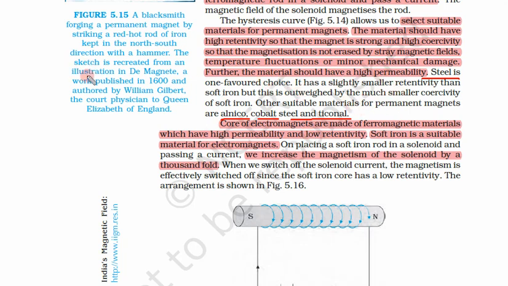So why is steel used? If somebody asks why steel is used, suppose this is the remnant magnetization for soft iron. This is for steel. This is for soft iron. Definitely it is less than this, but for steel this value is very high. For soft iron this value is very low. We also don't want this value to be very low, because that means with a little temperature the magnet is gone. So that's why we use steel in making magnets.